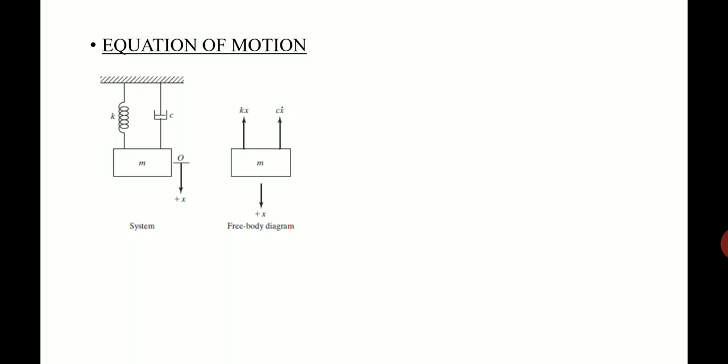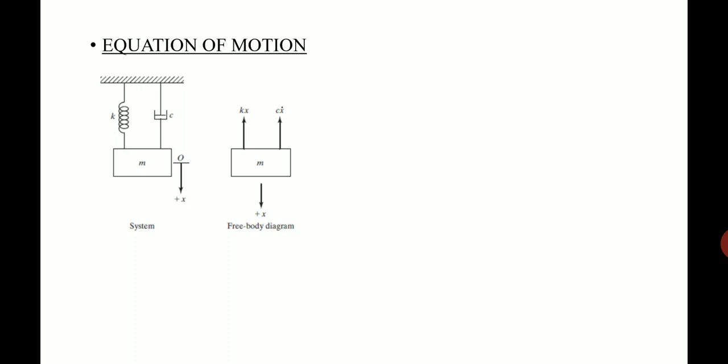So what are the forces acting on the system? As you can see, for the mass M, due to the displacement x which is acting downward, you have the velocity and the acceleration directed downward. And k is the spring constant, and due to the application of this displacement, there is a spring force kx acting in the opposite direction, towards the up. And in the third case, the damper, as you have already learned in the previous slide, the damping force F is equal to the damping constant C into velocity. So c x dot is directed in the upward direction.